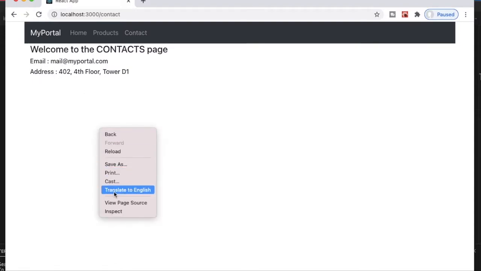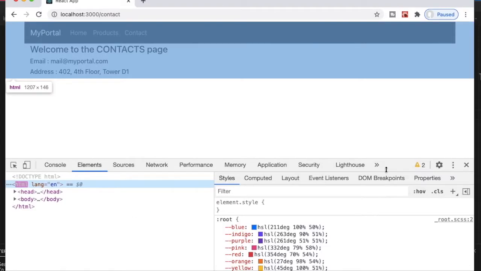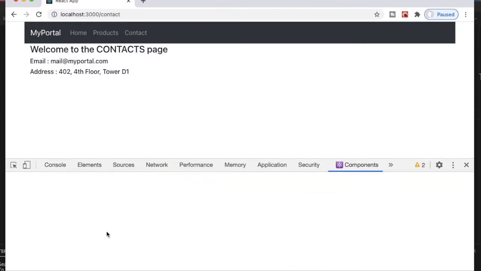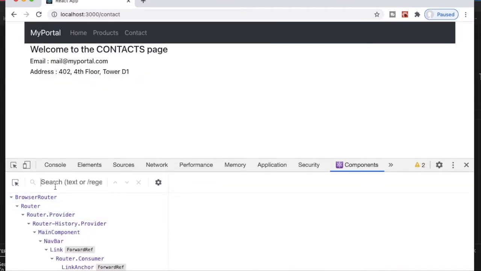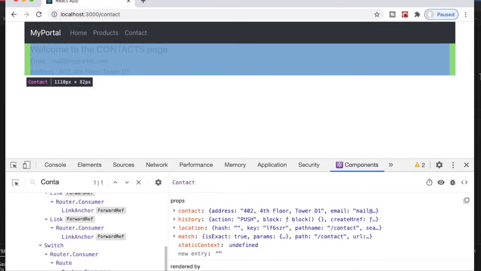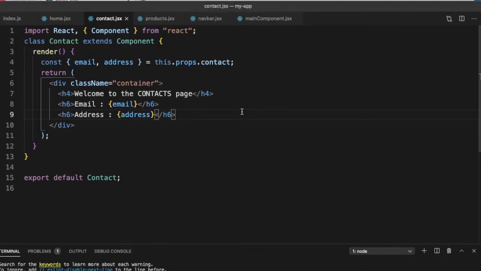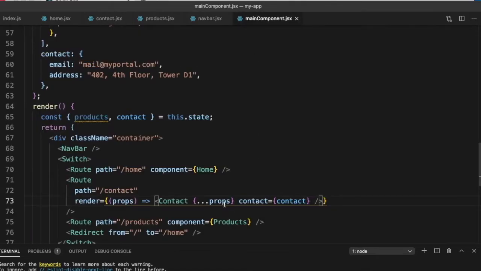If I go ahead and do an inspect again and go to the components and search for contacts. So now here in the contacts, there are four props. There is the contact that we passed as custom props and the history, location, and match. If I go back and don't spread those props, let me make that change and test it again.